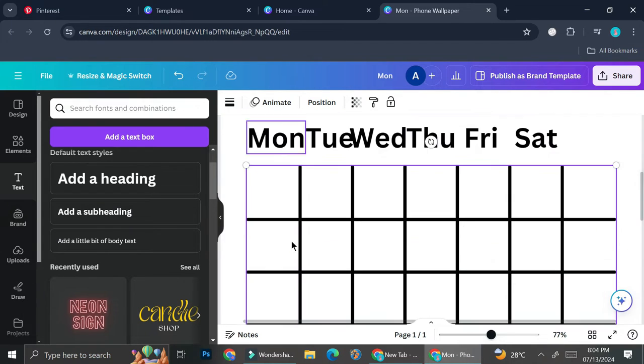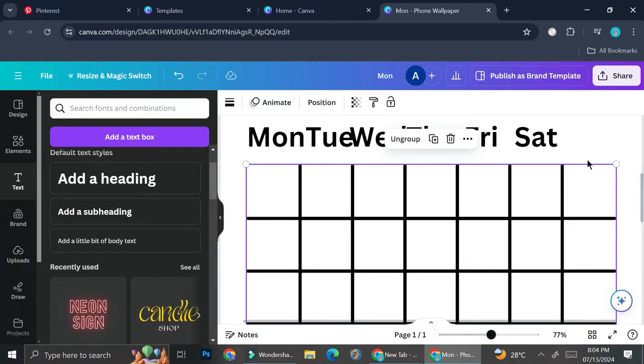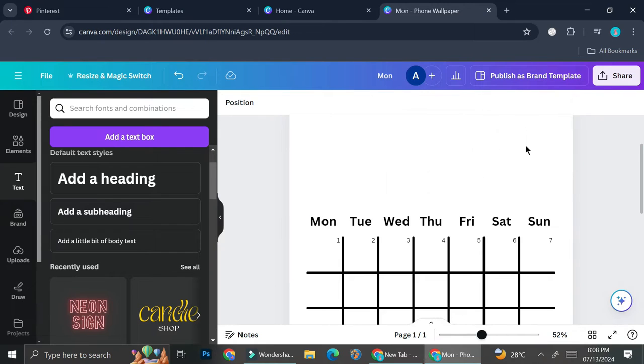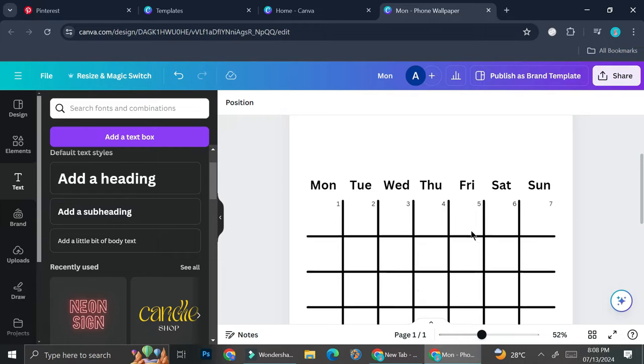So in order to add a text box on a design with this kind of document type, you can just go ahead and click on this text section right here, and then you can choose whether you want to add a heading, add a subheading, or add a little bit of body text. Because I want the text to be small, I'm just going to go ahead and click on this one and start adding my dates. So I added my first row of dates, and one thing I really like about Canva